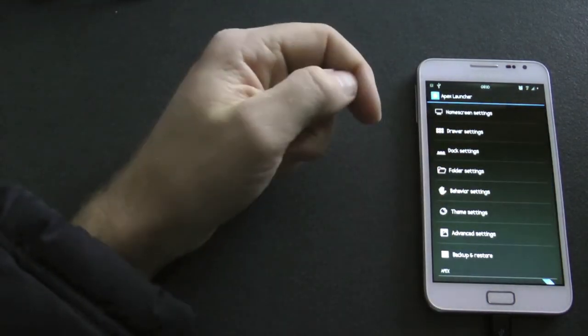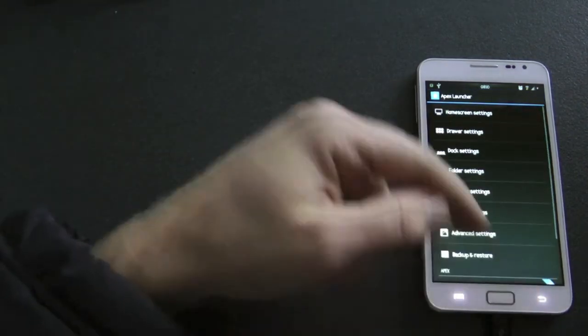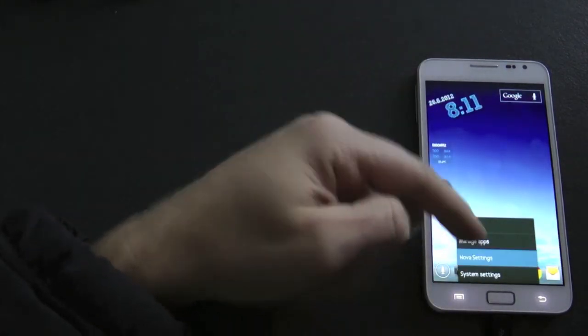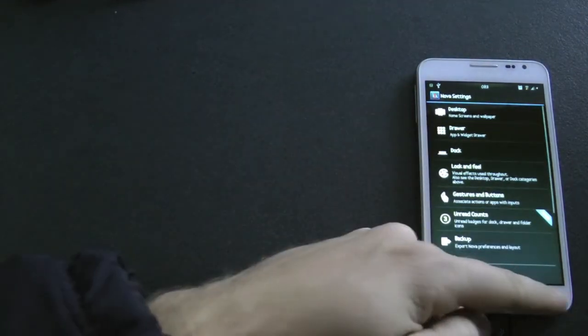Home screen, docks, folders, behavior and themes. I think Apex, you can actually add themes, and Nova hasn't actually got the option for themes. It's only got an option for the theme color. You can change the grid